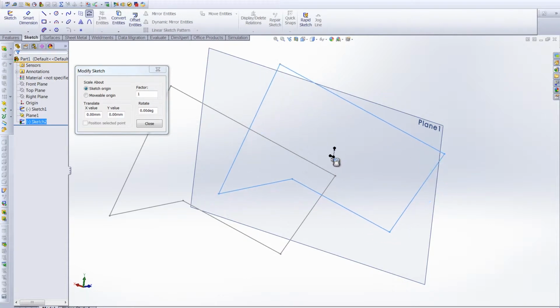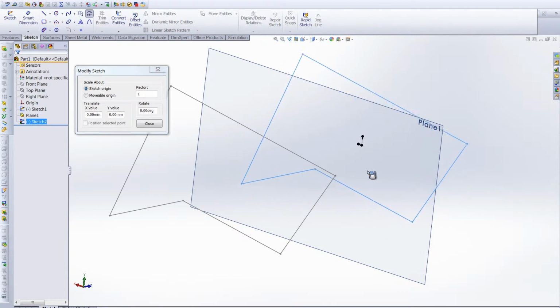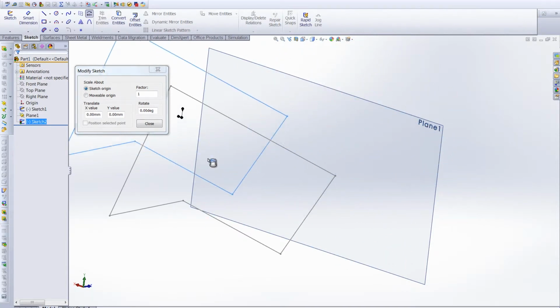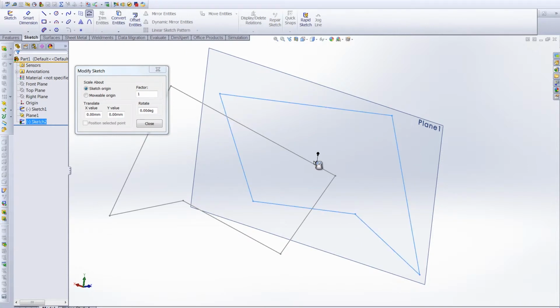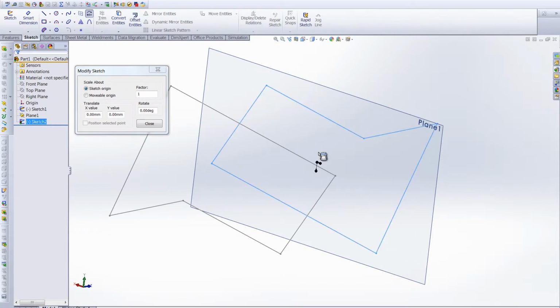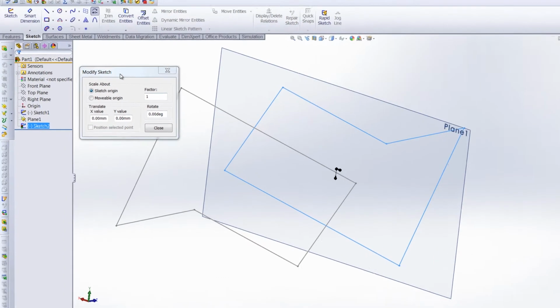This little toggle can be moved just as well. We can pull it out, and by left clicking and dragging we can either move the toggle or we can grab the whole model and drag it pretty much in any direction. So let's say that we want it rotated 180 degrees along the y-axis, and let's go ahead and flip it upside down as well. Now if you really want to dial in the values, we can go to our Modify Sketch box here,